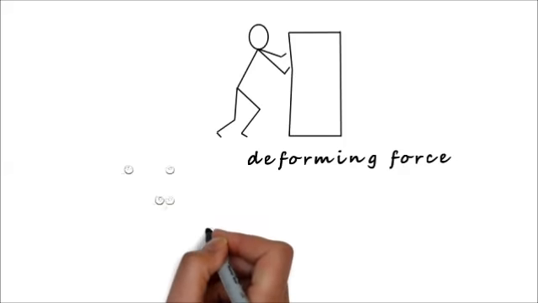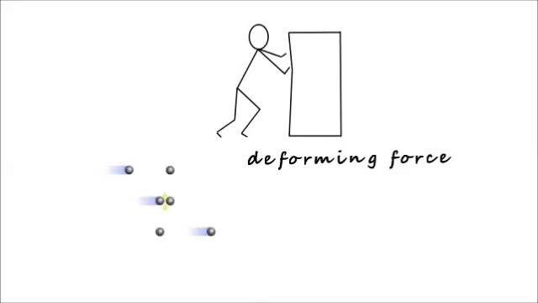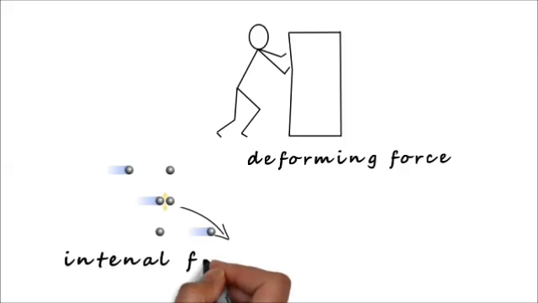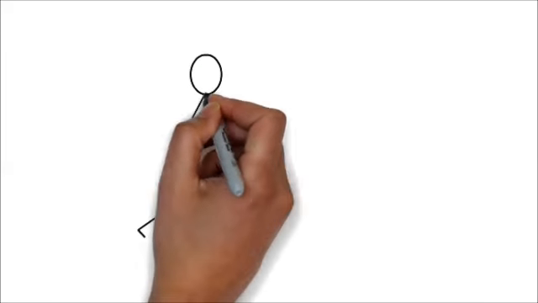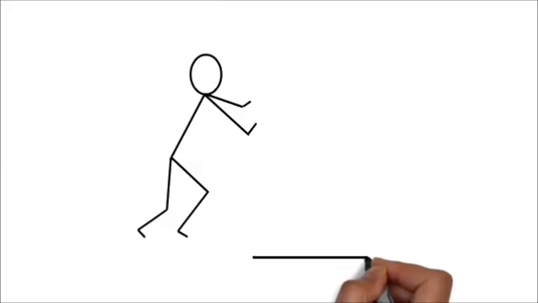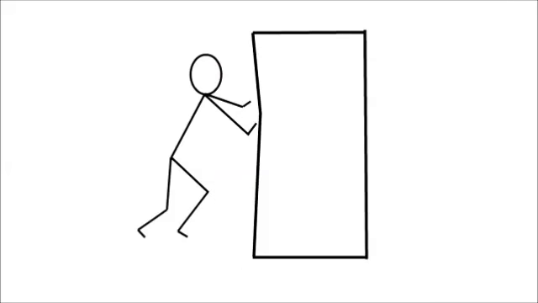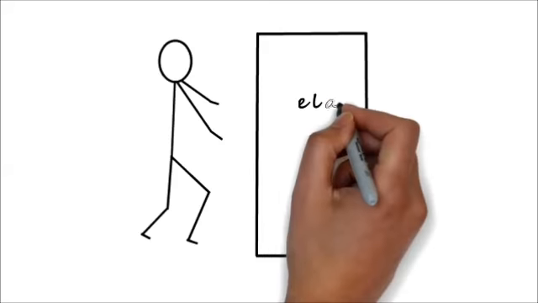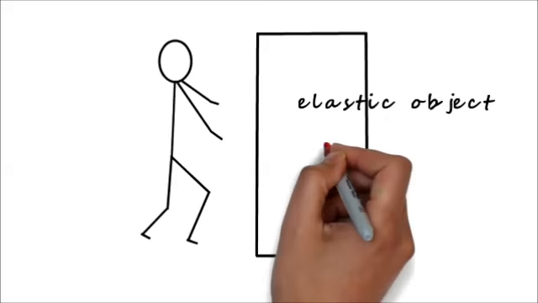When an object in equilibrium experiences such a deforming force, the atoms in the body move from their equilibrium position, and this sets up internal forces among the atoms opposing this deforming force. When we remove the deforming force from the body, these internal forces try to make the atoms regain their original positions. On removal of deforming force, if the object regains its original dimensions, the object is called elastic, and this